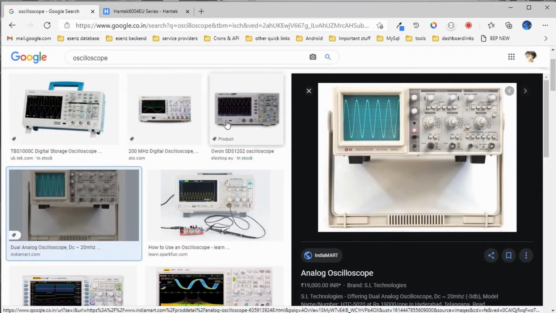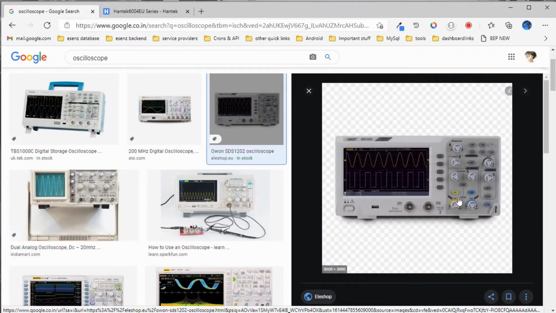Nowadays we have moved into the digital ones, something like this, where it is a lot more advanced. It is not that, like in the old traditional ones, you could only capture the voltage and the time. In these ones, apart from capturing the voltage and time, you can also see the protocol. For example, you are doing UART transmission and you want to analyze or see what data it is sending. You can connect one of these and it will show you what data you are sending over UART, I2C, SPI. They're way advanced.